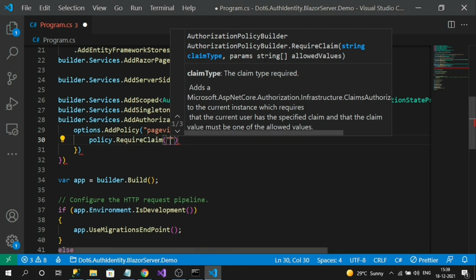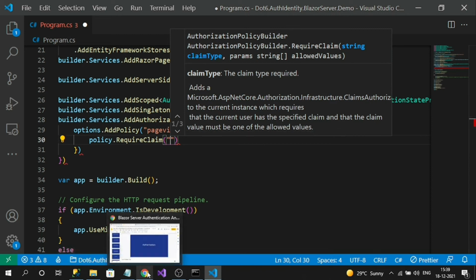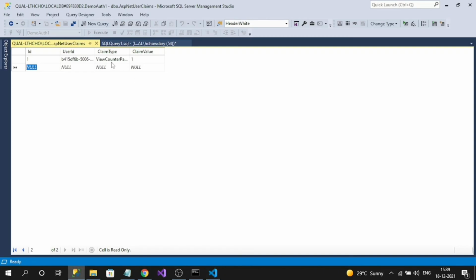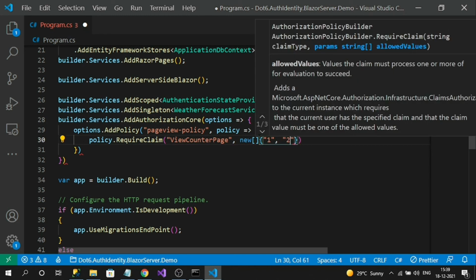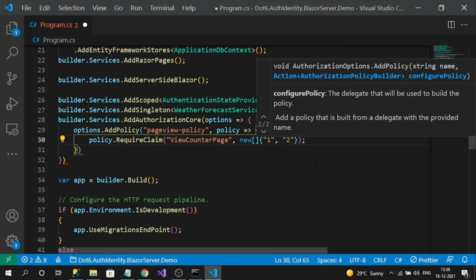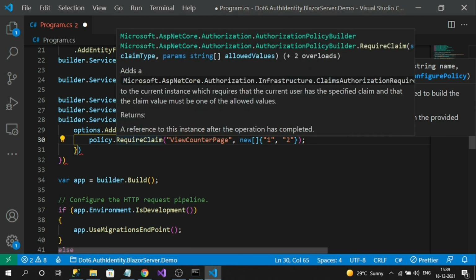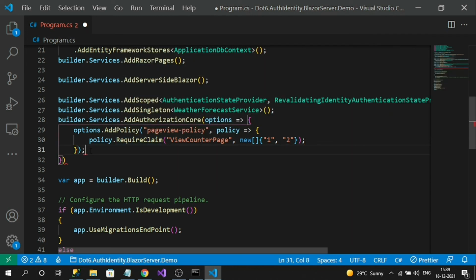The values can be an array, the same claim type can have n different values. They must be provided as array claims. So here I just registered a claims based policy.